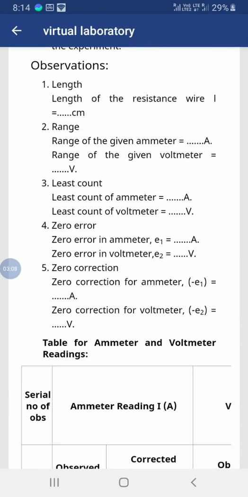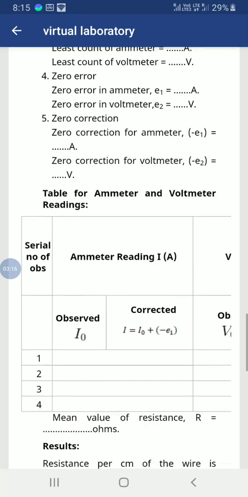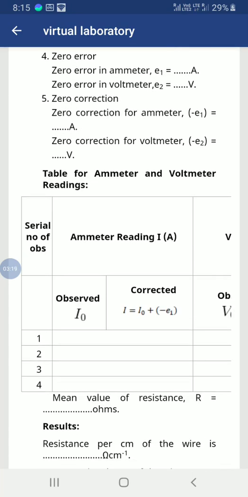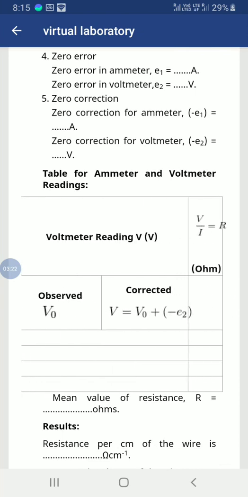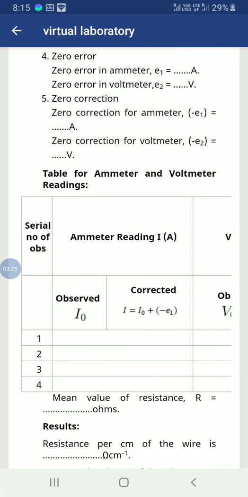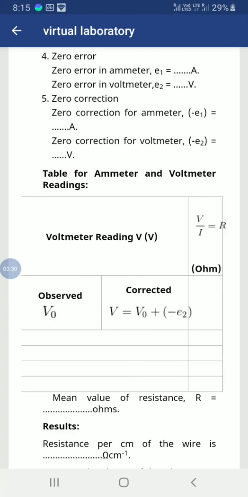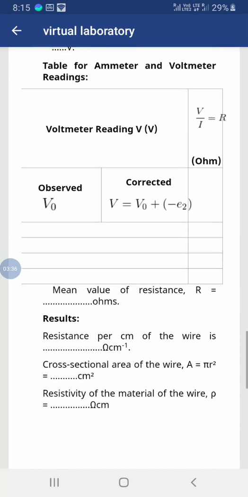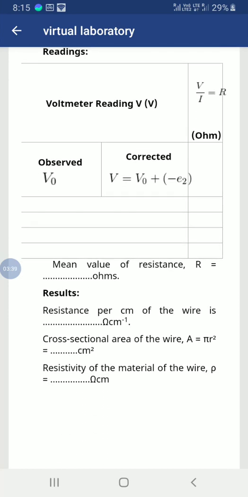So these are the procedure. Now we will omit all these least count, zero error, everything, because our experiment is already set to a standardized value. So here also you can see the ammeter reading and voltmeter reading, corrected value, everything we can replace simply as ammeter reading in ampere and voltmeter reading in volt, and the resistance in the last column, V divided by I is equal to R. Also make sure that we find the length of the wire before doing the experiment. That has to be noted first.